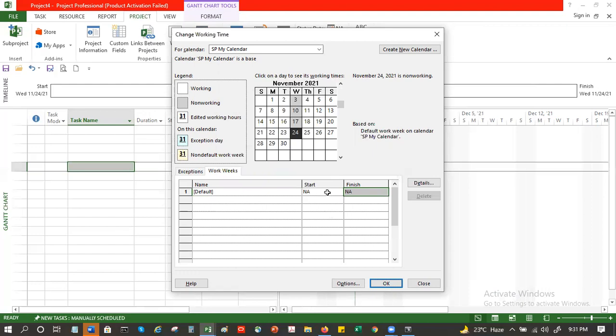And I don't have a start and then finish, which means it is changed forever. You see, as I'm scrolling down, I'm now in February 2023.